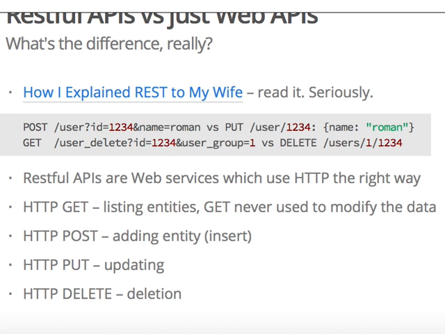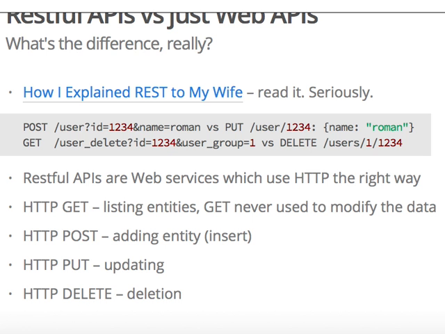For updating data, you have put method. And for adding entity, you have insert method. So that's basically the difference of RESTful APIs from any other web services. And in my understanding, it serves a really good goal because it gives you some blueprint, some foundation upon which you build your API, because you don't need to think, how will I call this script and how will I pass parameters? There is the way of doing this. And if you just stick to these ways, your API will be logical, it will make sense, it will be easy to use and easy to understand.